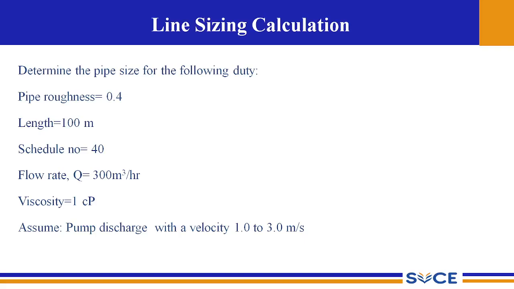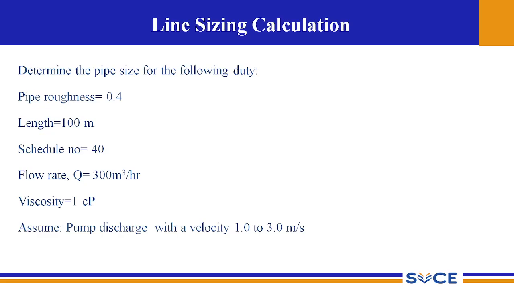This lecture is about the line sizing calculation. We will see an example problem of how to determine the pipe size for a given operation. Let us say you have to calculate the line size for a flow rate of 300 meter cube per hour to transport water or some process fluid, and you have the pipe roughness of 0.4, and the length of the